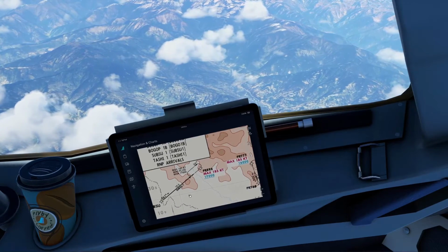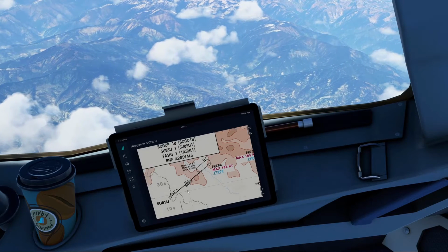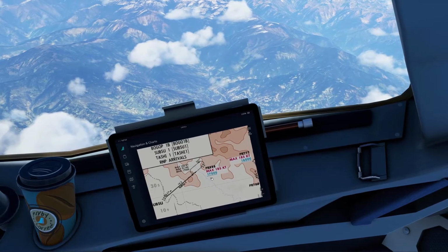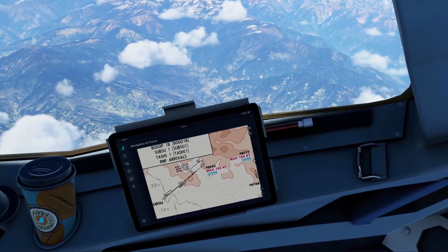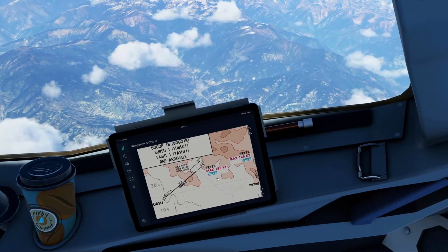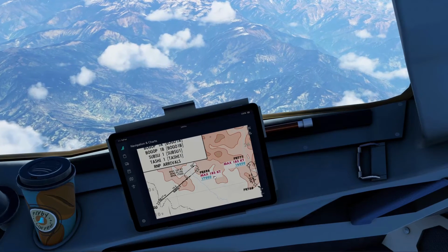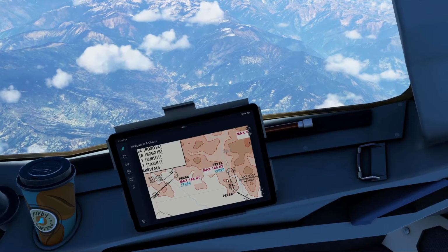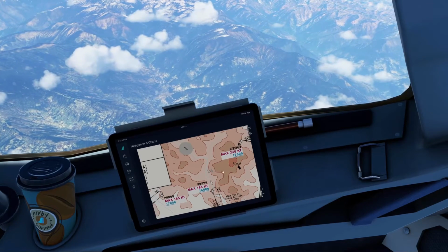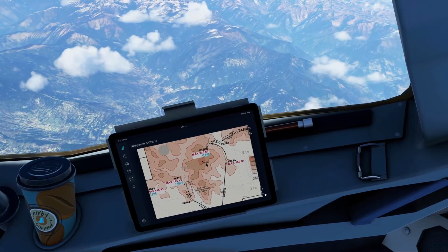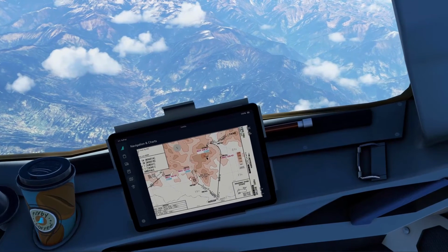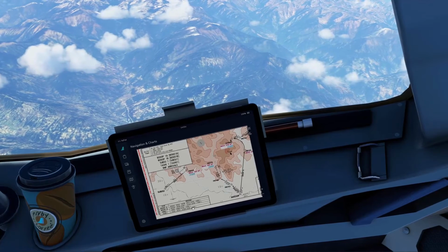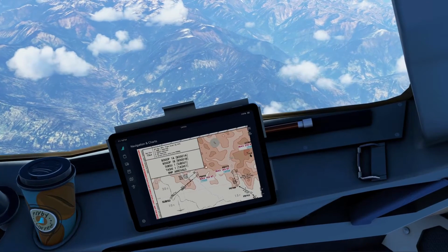Okay, right, so as I said before, this is our STAR, and we want to be at anything above 17,000. Now I would actually just make it 17, alright, because we've got a lot of descents to do. 185 maximum, okay, and let's have a look.